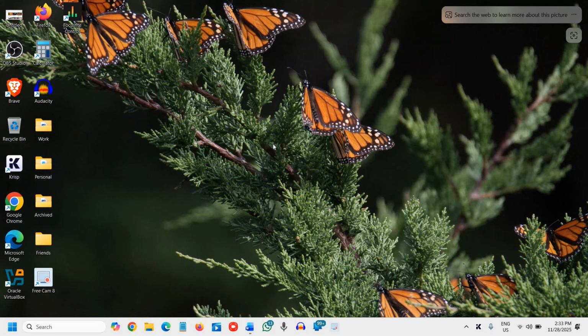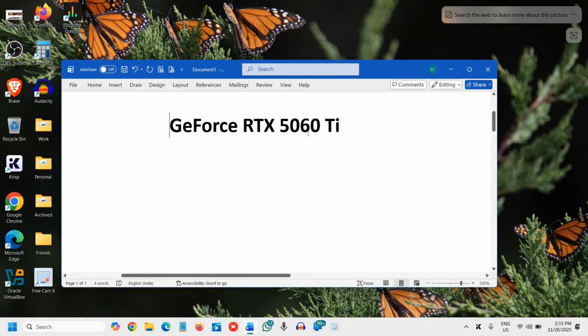So I'll tell you the best way to update your graphics driver, and you will always be able to update your graphics driver without any issues. So with just one step, you will be able to update. So let's say if you're using GeForce RTX 5060 Ti, this is the graphics. You can update any graphics, but let's say if you're using this, then you just need to open your browser first